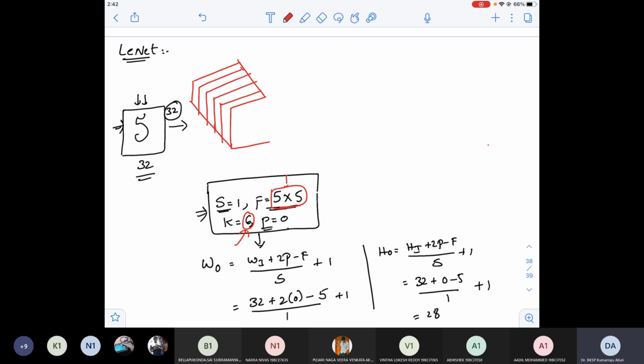Is it clear, guys? Do you have any questions on this? Please ask me at this point only. It's very, very important. Otherwise, you'll not understand anything from now till module 3 ends. You understood? What I've done is I have taken stride equal to 1, filter size f by f equal to 5 by 5, and how many such filters am I taking? 6 filters with padding 0. Since each filter will give one 2D output, and I have 6 filters, I have 6 2D outputs.